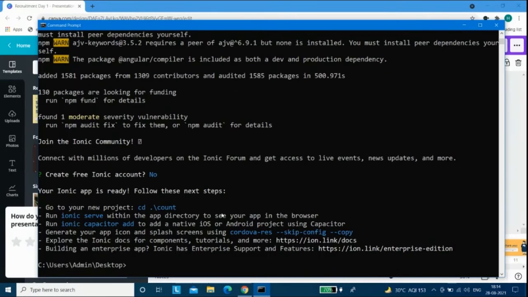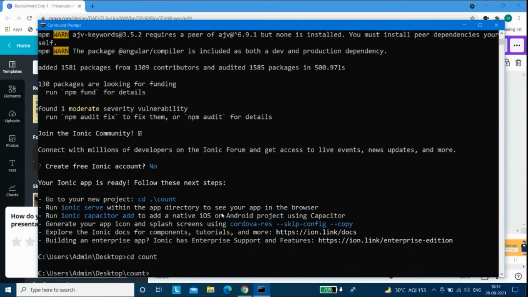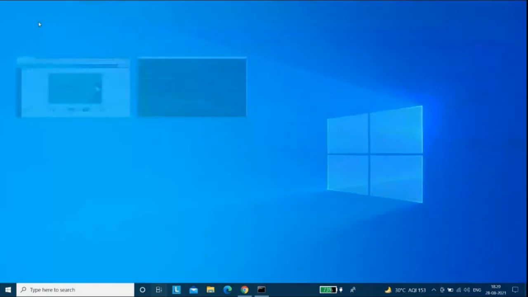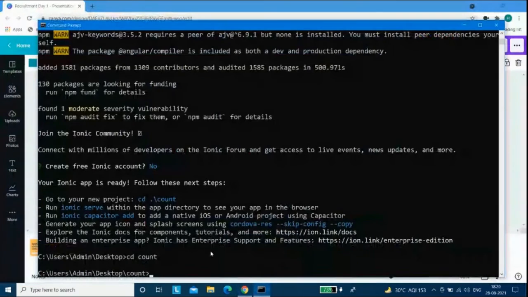I can see a lot of people have followed till now. So the next step is to go into the project which we have just created. For me, the name of the project currently is count. You must have kept some other name like first or something like that. So you can cd and then write the name of the application which you have created. Currently I am in my project, count. Moving ahead, I assume all of you are in the folder which was created. For me, the project was called count. The next thing is to do code space dot.